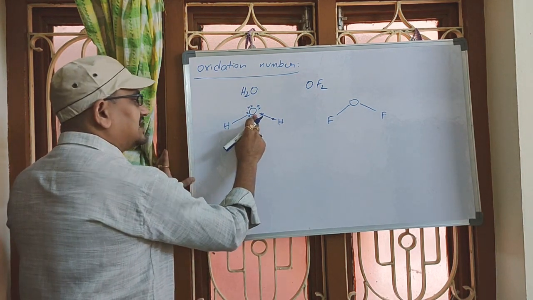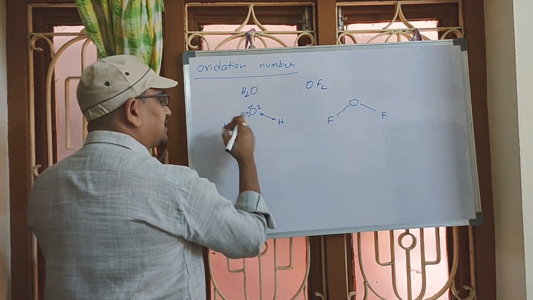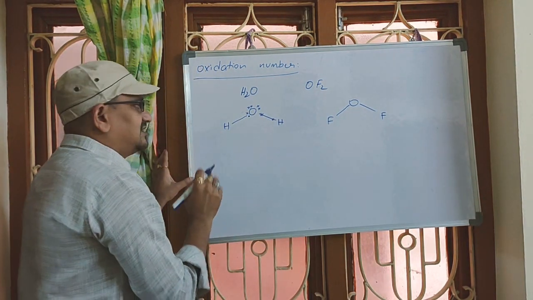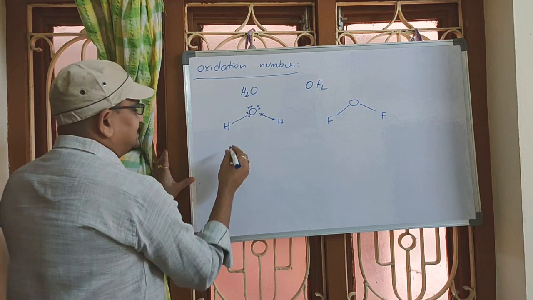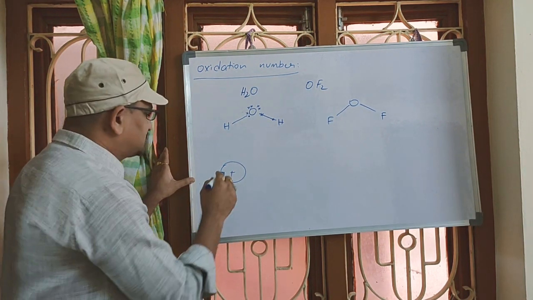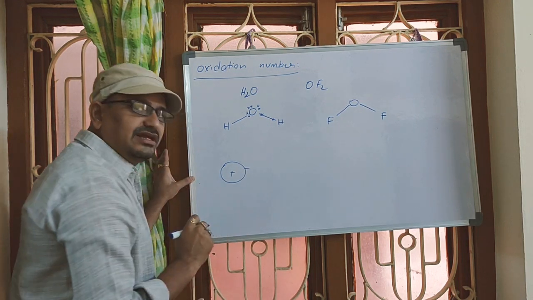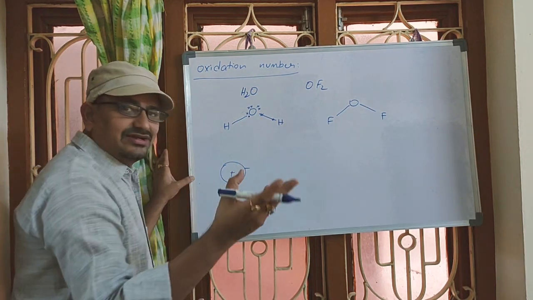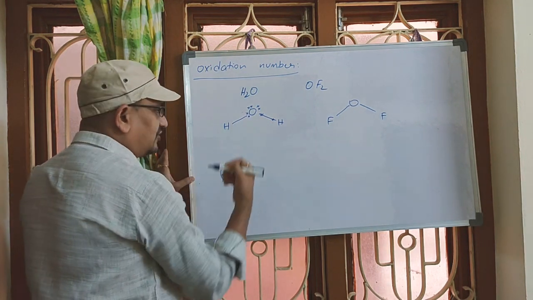But because of more electronegativity, what's happening? The two electrons will be closer towards oxygen. So what's happening actually, see, this is a hydrogen atom. Inside one nucleus, one positive proton is there. Outside, one negative electron is there. The number of positive charges is compensated by the number of negative charges, even though they are in bonding.